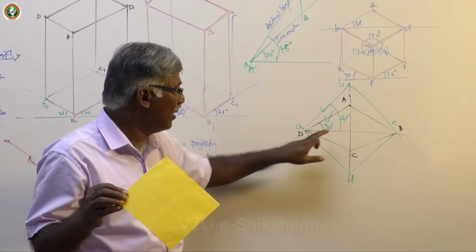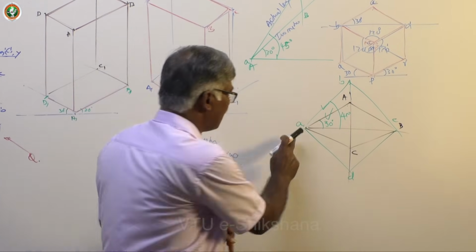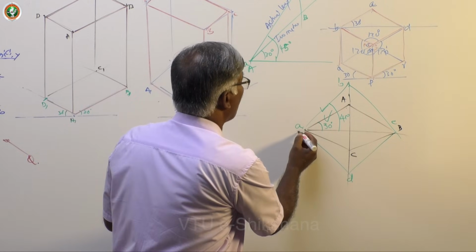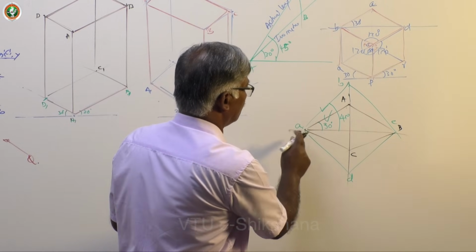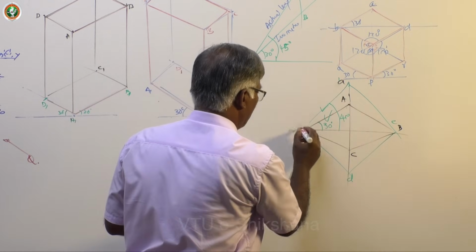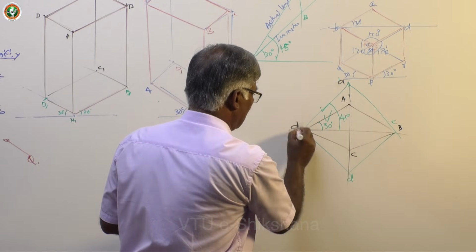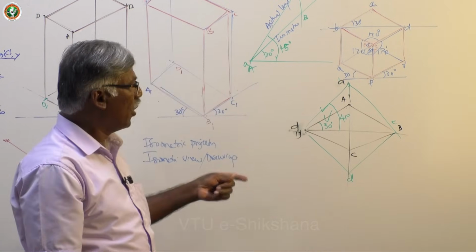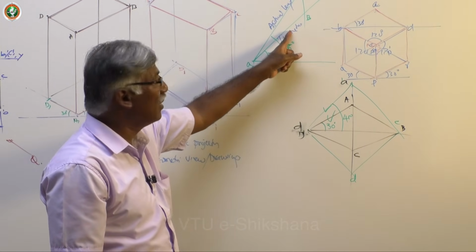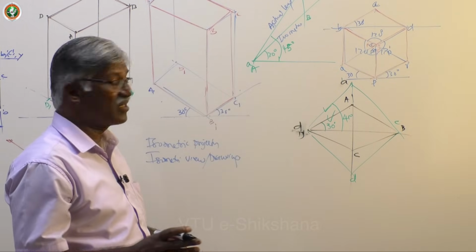This is A. This one is B. Now, if you take this actual length and isometric length, you can easily draw an isometric scale to